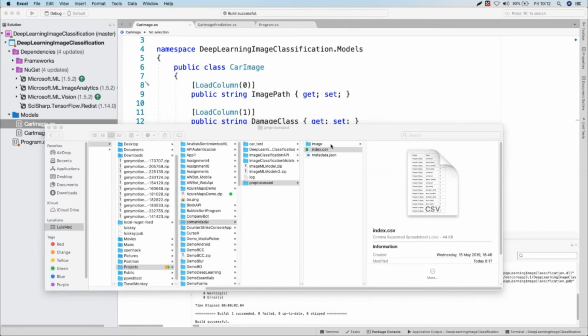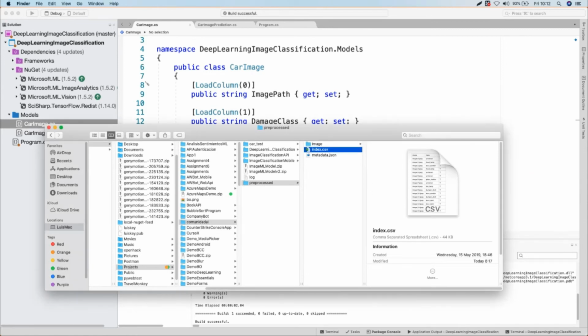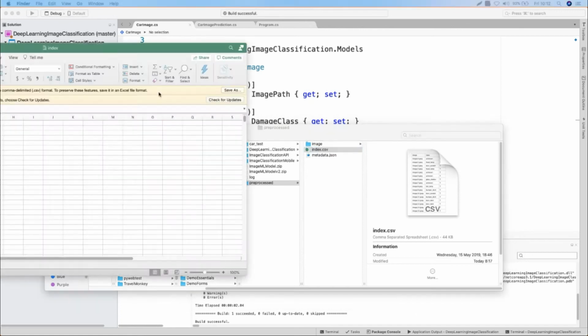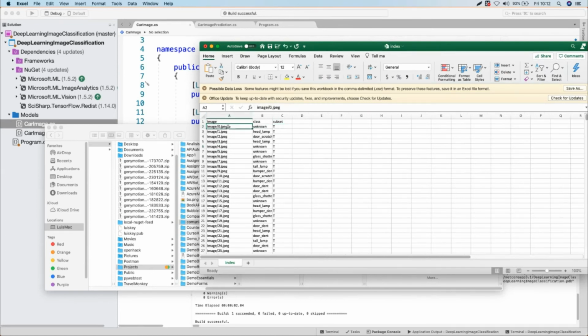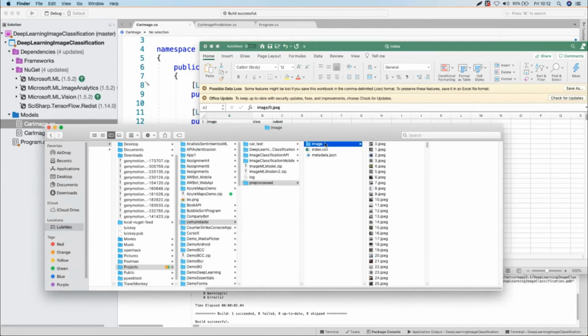This CSV file has 3 columns. Just give me a second. Yeah, it is here. 3 columns, or three types of data: image, class, and subset. The image is basically a path, which you can see here. It's the image folder, and then maybe this one.